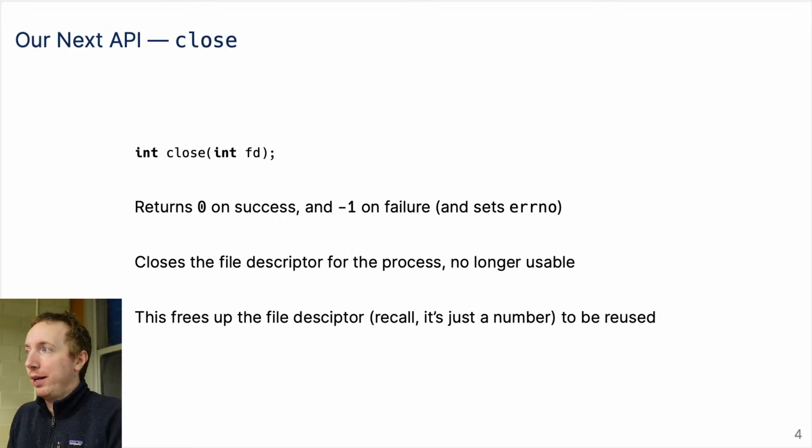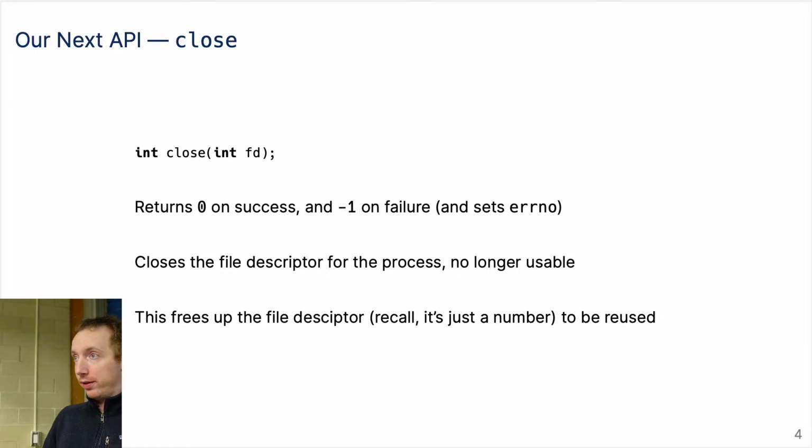All right, next API we're going to need in our collection is close. You close a file descriptor, so it returns 0 on success, minus